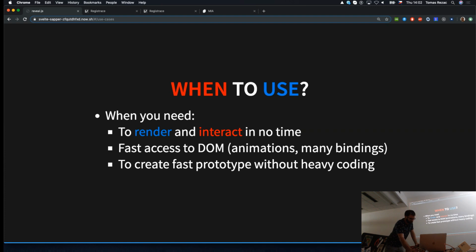So it's super fast for prototyping, and it's also possible to create custom elements or web components, as they used to be called, for which there are also some other frameworks dedicated directly to this issue. So maybe this is not the best solution, but it can do it as well. Once you learn it, why learn Polymer when you can do it with this, and it's a very similar result.